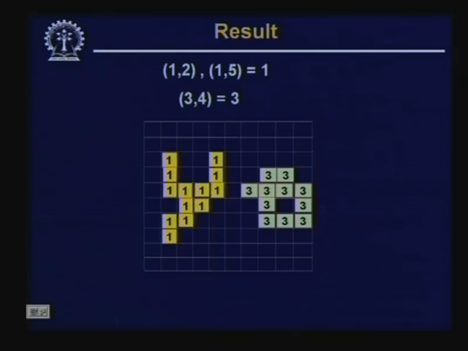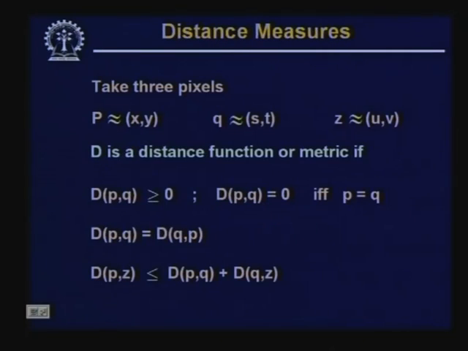So, after doing this component labeling algorithm, now let us move to another concept, that is distance measures. Finding out the distance between 2 points, we are all familiar that if I know the coordinates or the location of 2 different points, I can find out the distance between the 2 points. Say, for example,